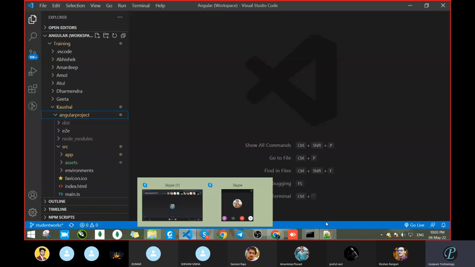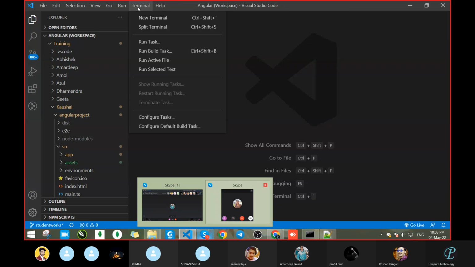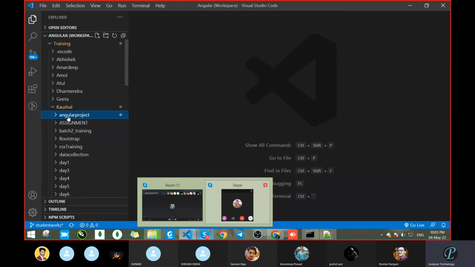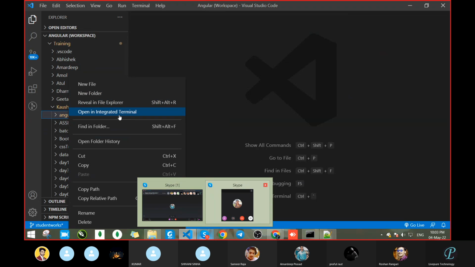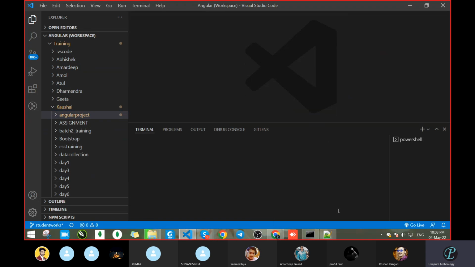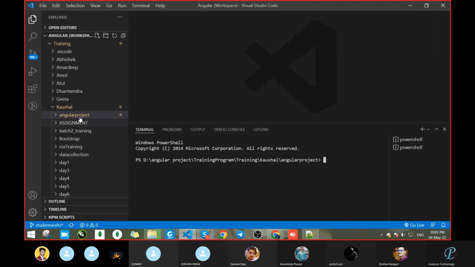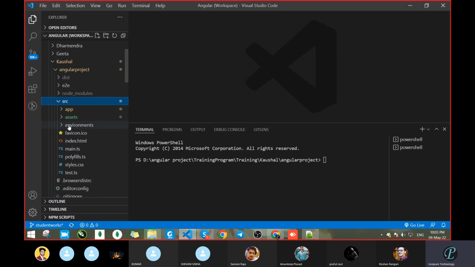Okay, now any terminal is open. I don't know whether project is running or not. Open integrated terminal. Okay, let me check inside the folder. Okay, let me meanwhile. Okay, so when we running the command npm start,